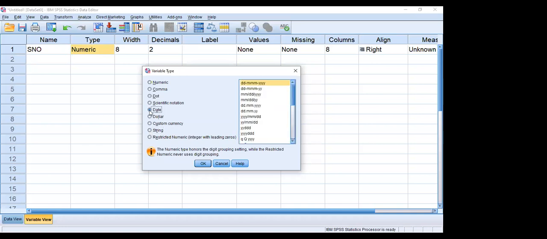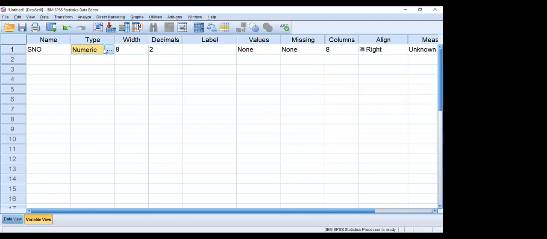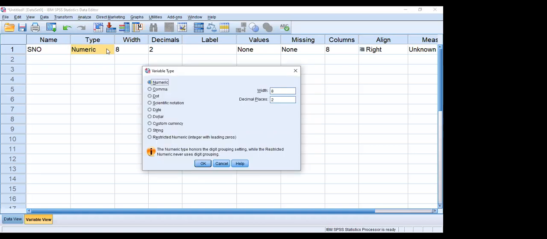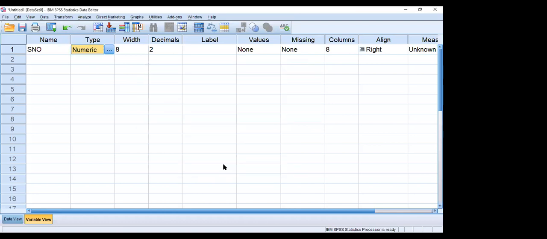Suppose you want to write the date. Once you define the date, you have to define what format, like DD, MM, YY. So this is about the type. This is very important. When you define a string, numeric data can be entered, but no numeric calculations will be computed. If you enter the age of the persons as a string and want to compute the arithmetic mean, it won't compute because it is a string. For characters and alphabets, we cannot compute the arithmetic.